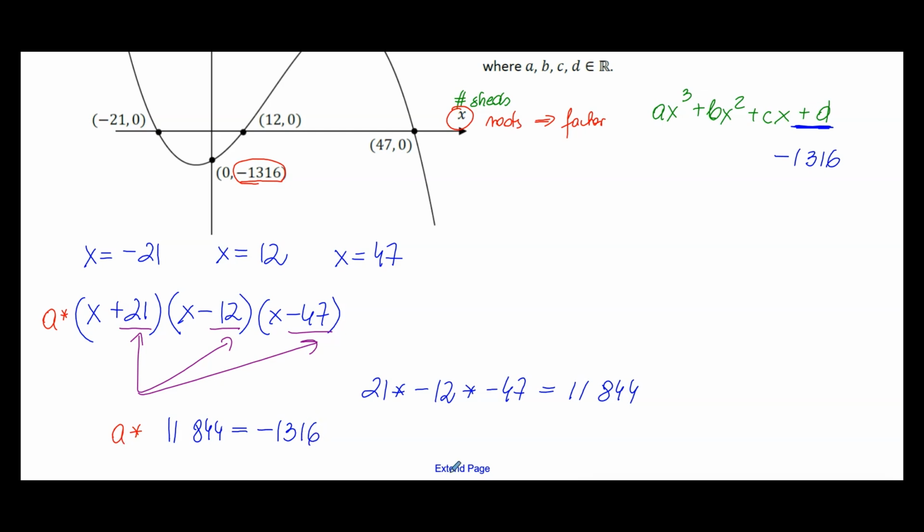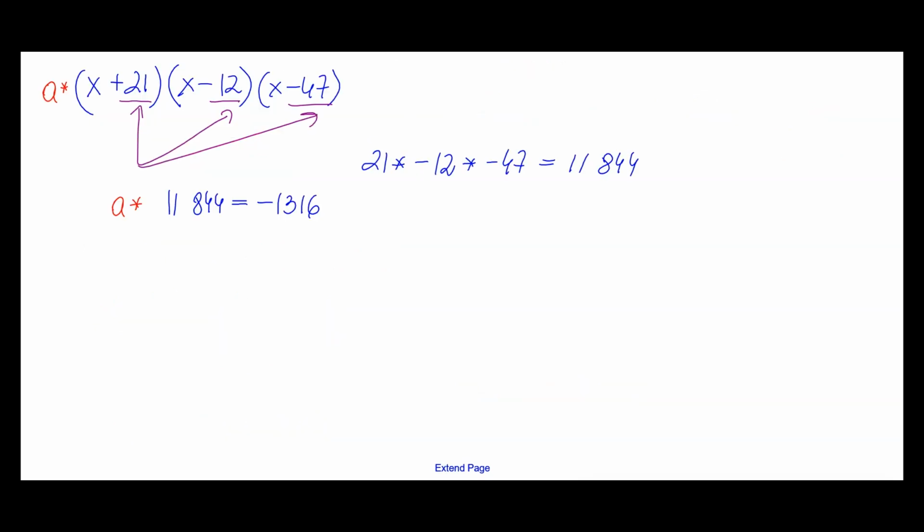So how do we find the value of a? Well, it is a multiplication. How do I eliminate that number if I want to have a value of a? Always by dividing both sides of the equation. So if we divide that, we put that in the calculator, we get that a is